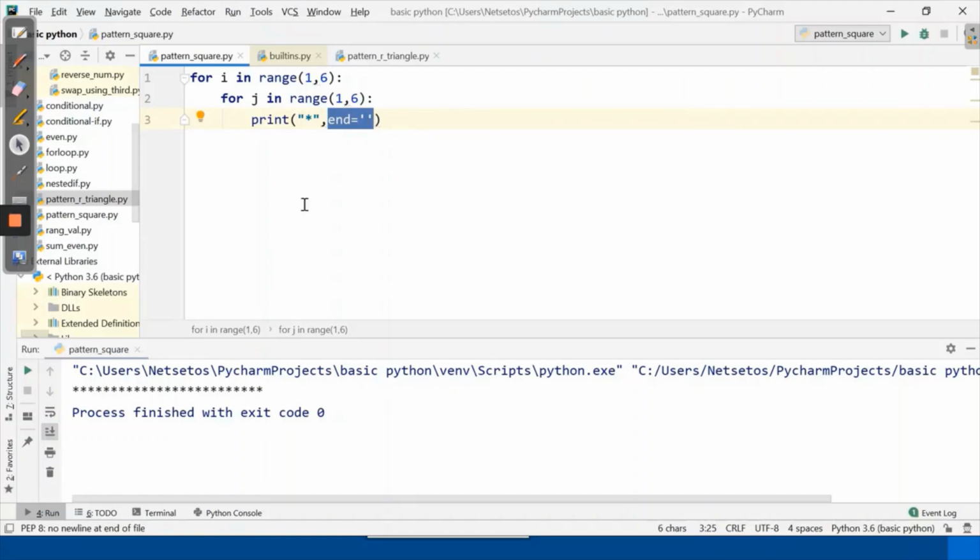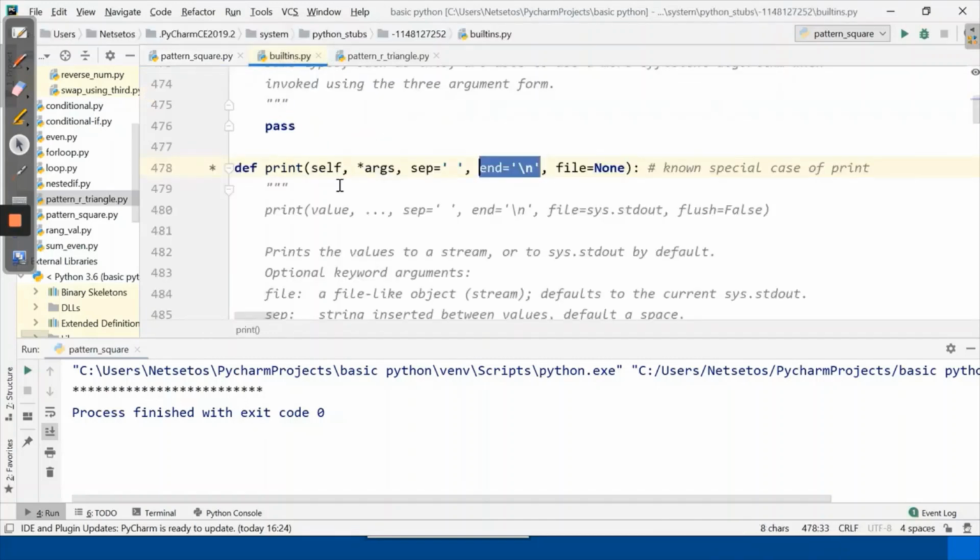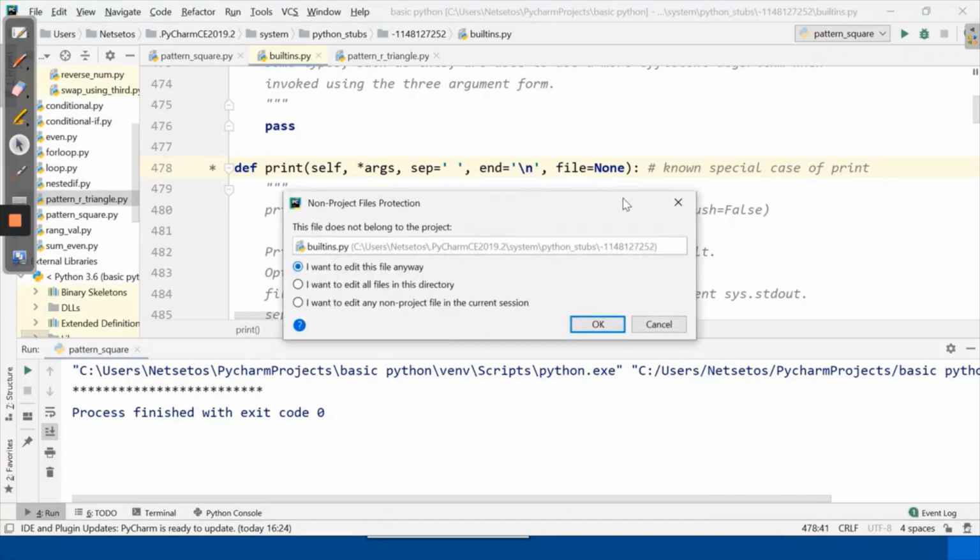Now I want 5 stars in a single line, then 5 stars in another line, then another line. So here I will write print, brackets. As we have seen, print statement itself takes in different lines. \n stands for different line.